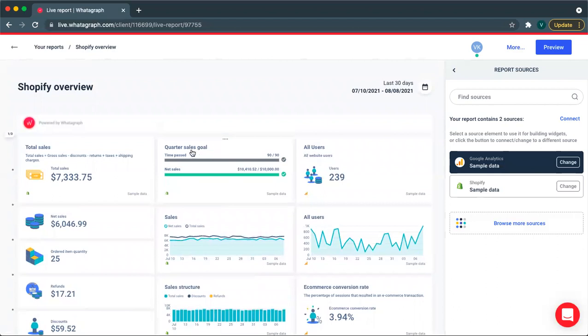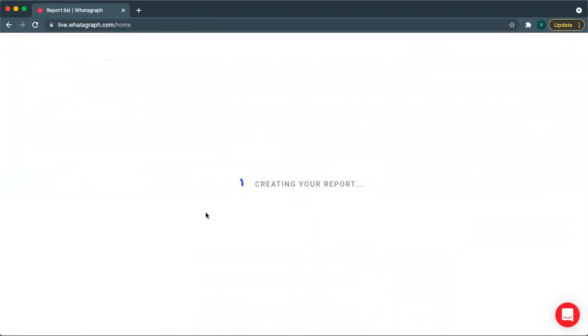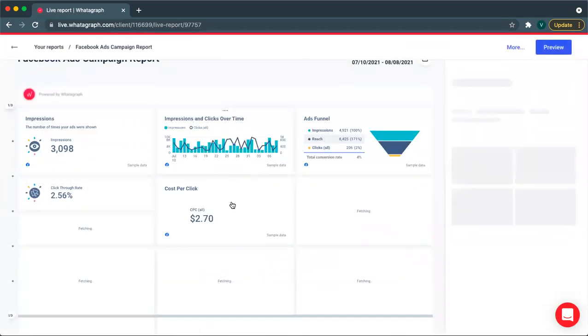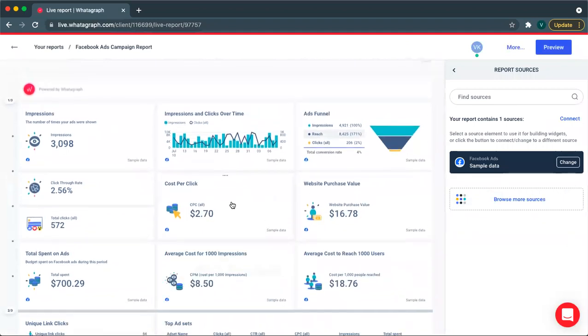And we can also set up quarterly sales targets, and this tab would allow us to monitor the accomplishment of those targets. Talking about the Facebook template, it would mainly focus on the impressions to reach to click ratio.